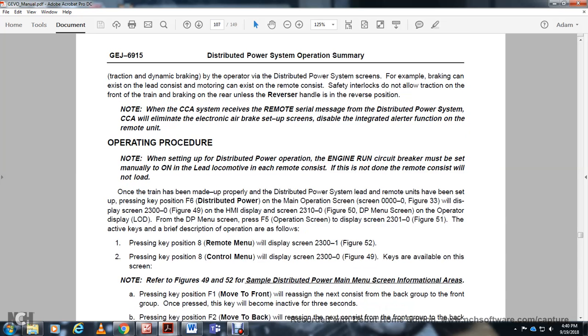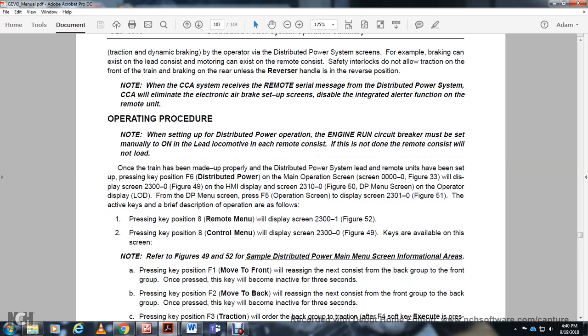Operating procedure. Note when the distributed power operates, the engine run circuit breaker must be set with the manual on the lead locomotive of each of the remote consists if the remote consist is not loaded. Once the train has been made up properly, the distributed power system will leave the remote until it has been